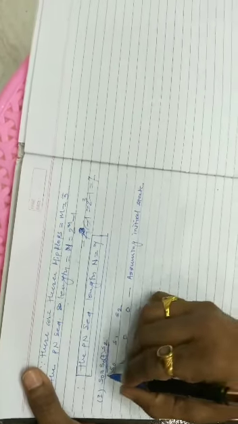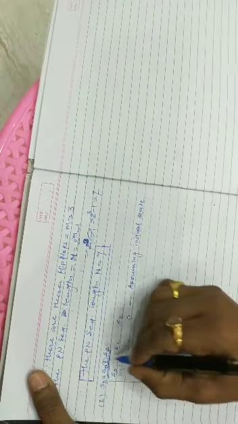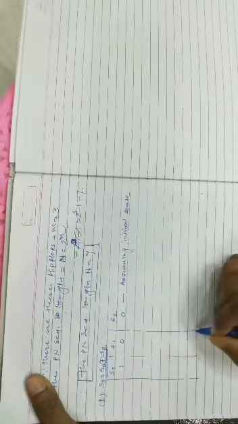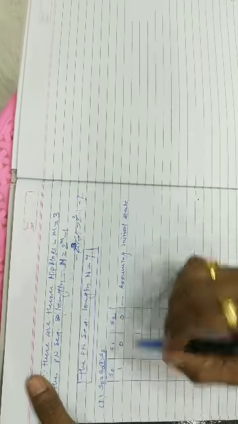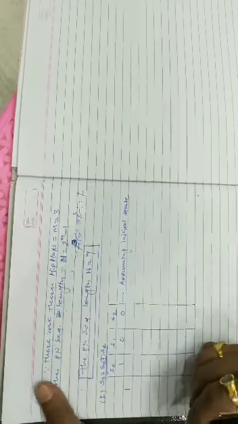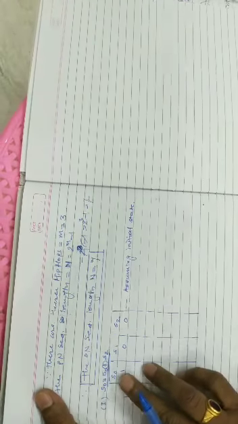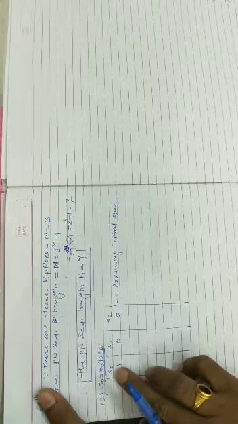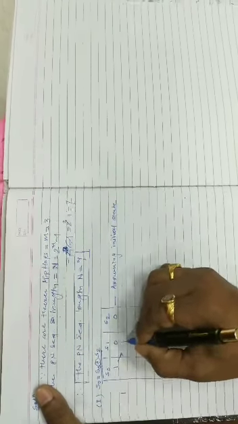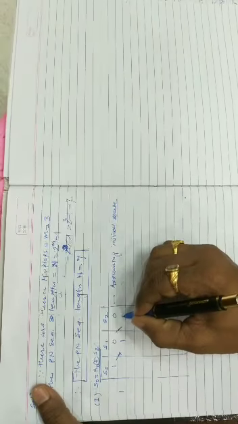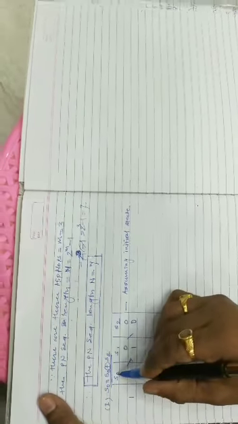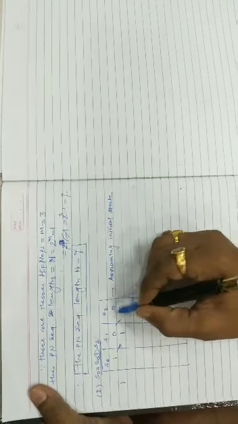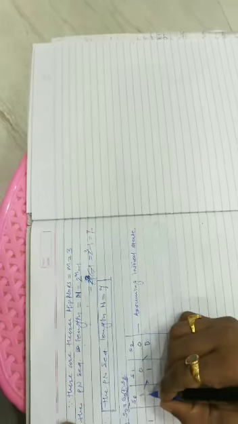So initially we have considered the values of S0, S1 and S2 as 1 0 0. For the next clock pulse, the value of S0 will be shifted to S1, S1 to S2. So this 1 will be shifted to S1, this 0 will be shifted to S2. And we know that in the previous state the value of S0 was 1 and S2 was 0. So if we take the XORing, we will get 1 over here.